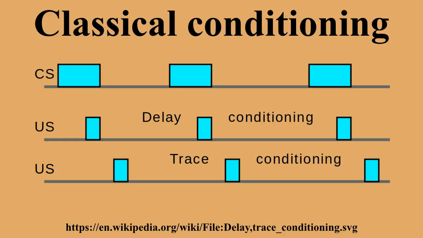Phenomena observed. Acquisition. During acquisition, the CS and US are paired as described above. The extent of conditioning may be tracked by test trials. In these test trials, the CS is presented alone and the CR is measured. A single CS-US pairing may suffice to yield a CR on a test, but usually a number of pairings are necessary. This repeated number of trials increases the strength and/or frequency of the CR gradually.